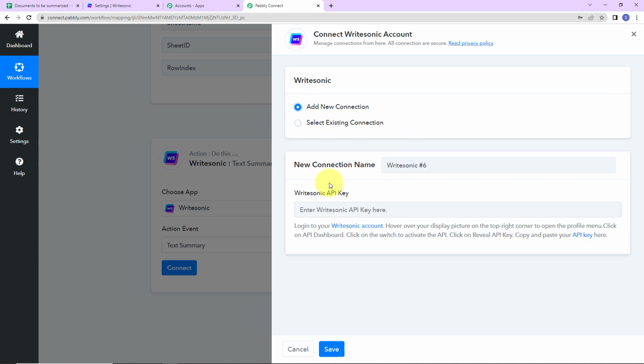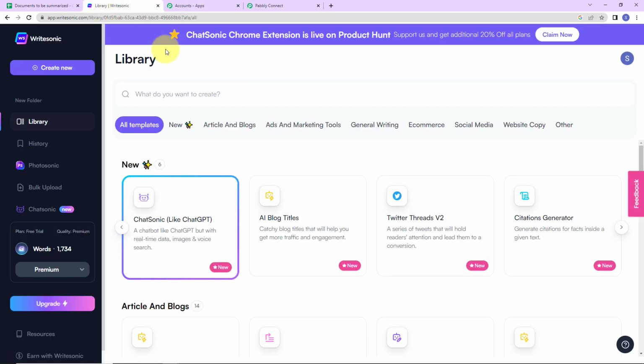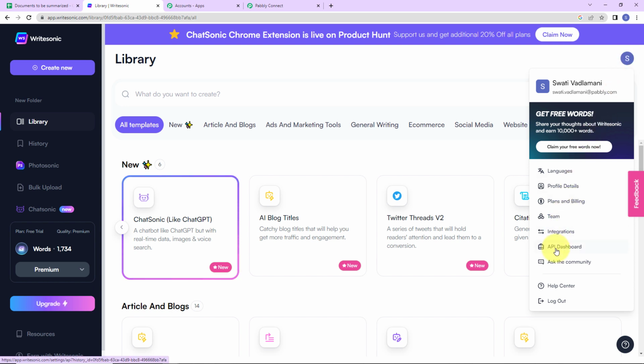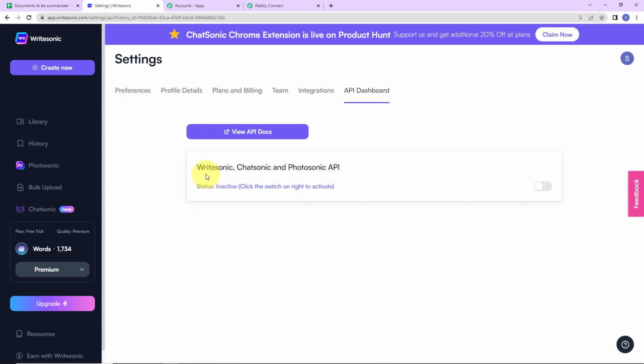Now to set up this connection, we need this API key. And how can we receive the same? So once you have logged into your Writesonic account, so let's go to Writesonic account. On the right hand side, you can see the profile. Let's click on this, go to API dashboard, and here you can see Writesonic, Chatsonic, and Photosonic API. Please activate the same by toggling this towards the right,